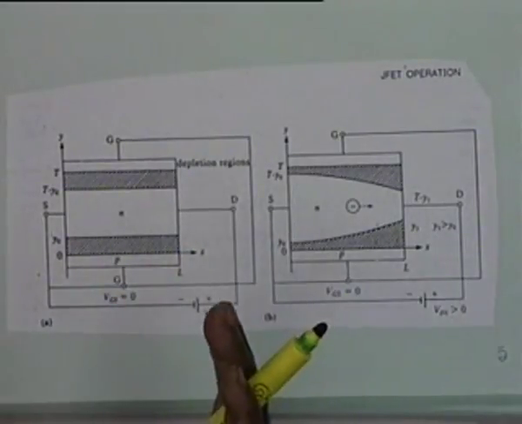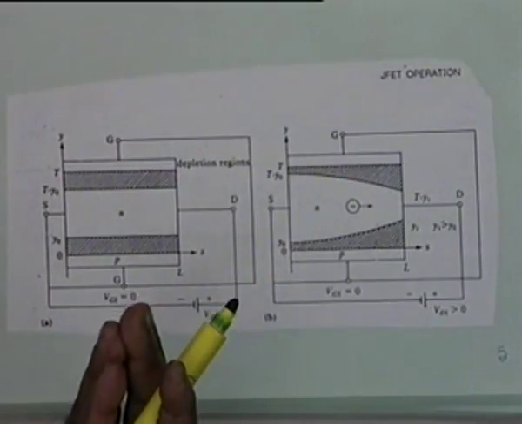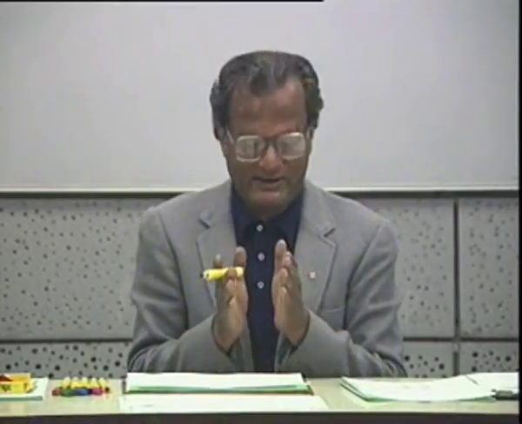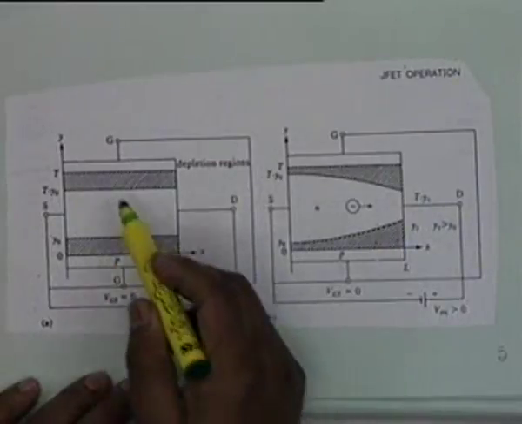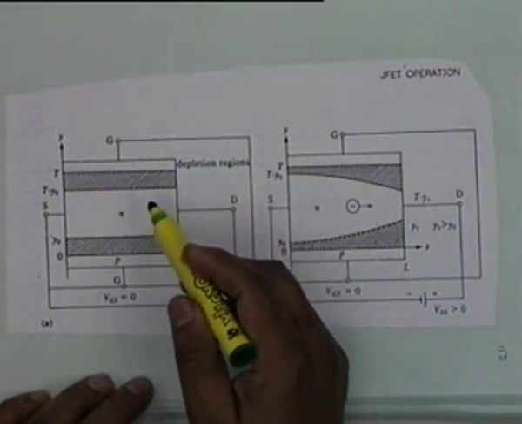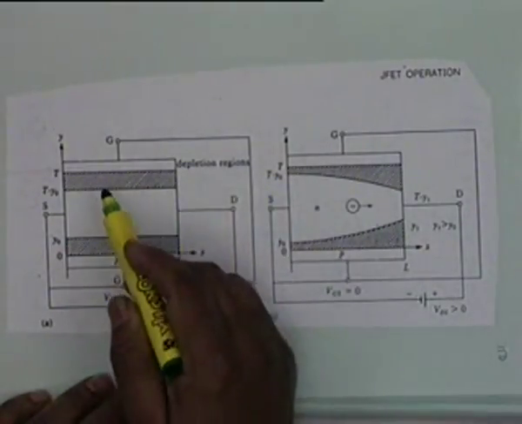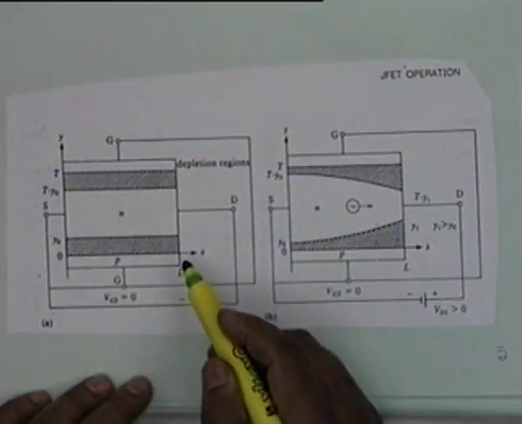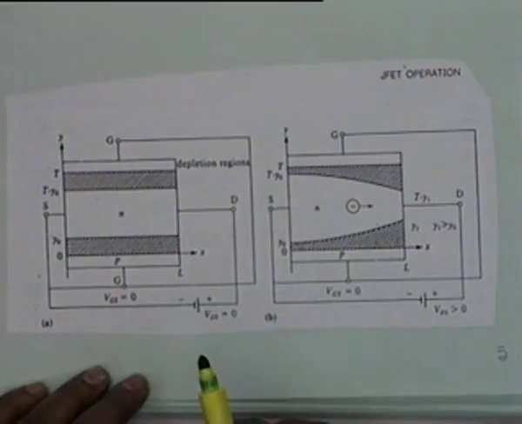There will be a region at the metallurgical junction where there are no carriers. The carriers move over to the other side and create a vacant land, a no man's land, called the space, called the depletion region. The depletion region is cross-hatched here, and it's of width y0. And this width is the same throughout. There is no bias, because VGS is 0 and VDS equal to 0.